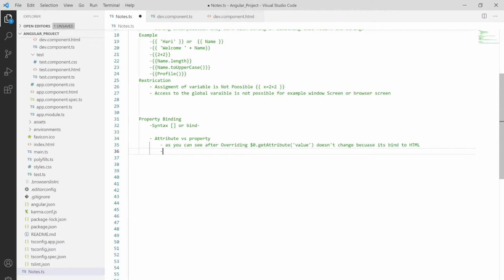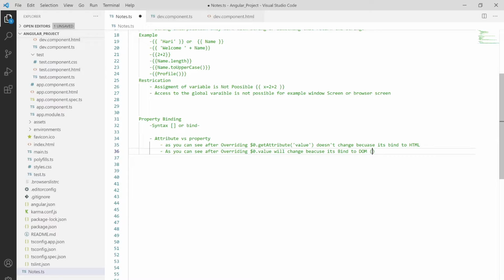After overriding, $0.value will change, because it's bound to the DOM property.